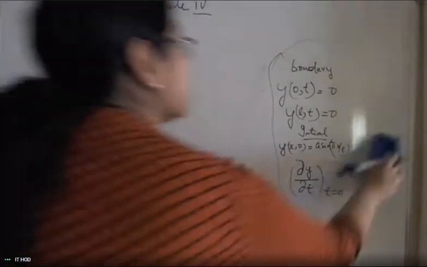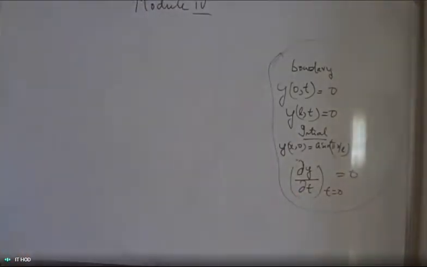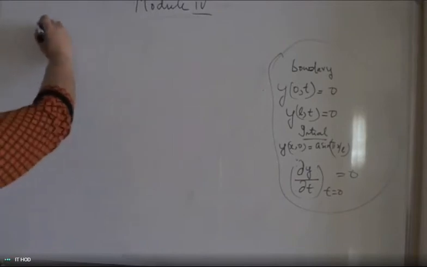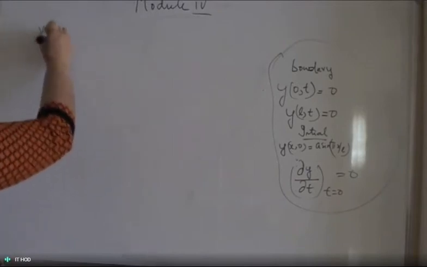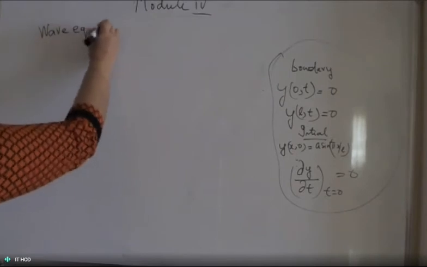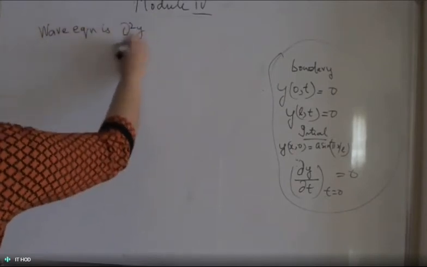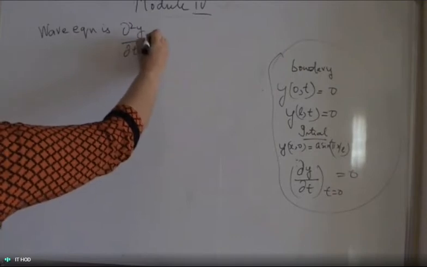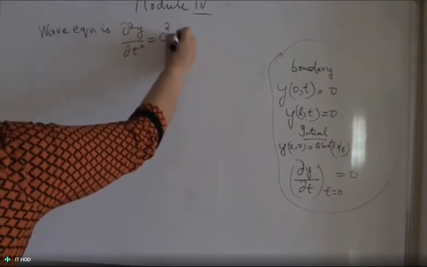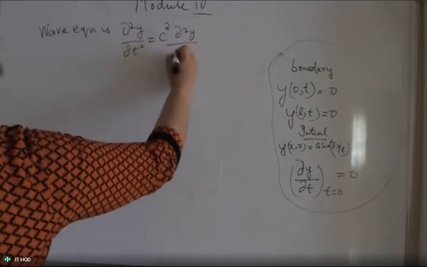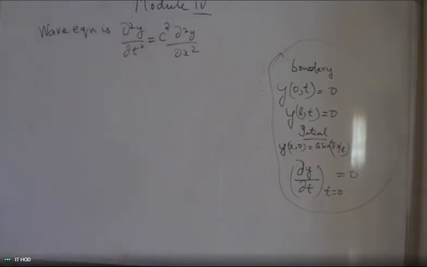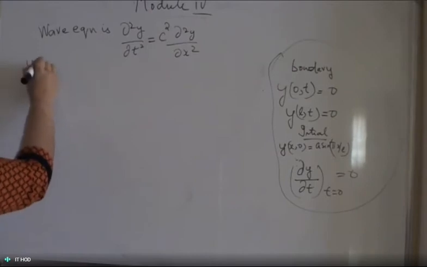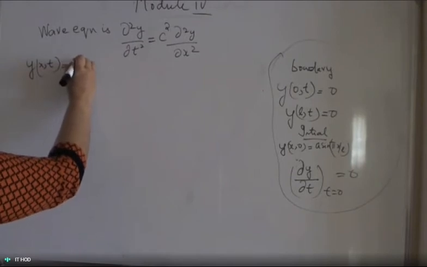Okay, so we are starting the problem. What is the wave equation? You have to know it by heart. The wave equation is ∂²y/∂t² equal to c² ∂²y/∂x². This is the wave equation, and we already know the solution for the wave equation. The solution is y(x,t) is equal to